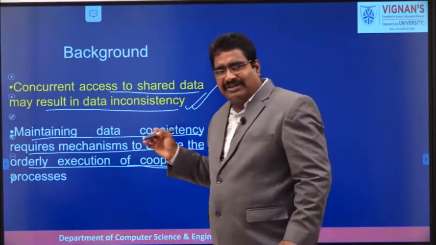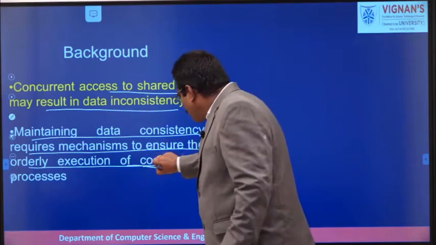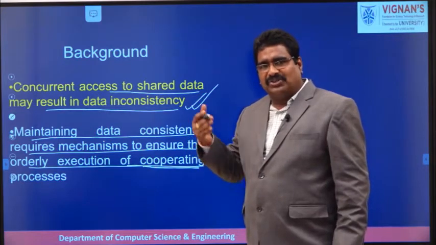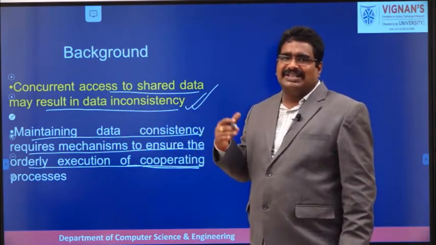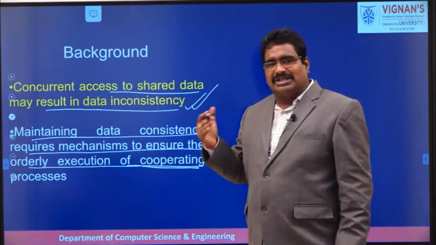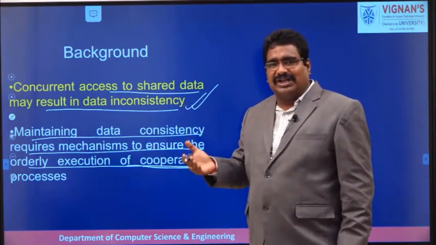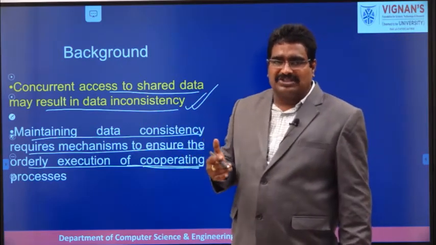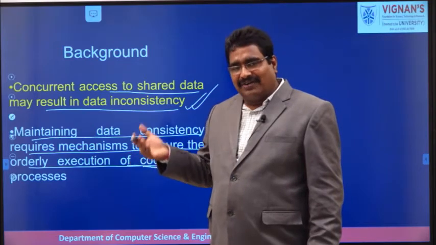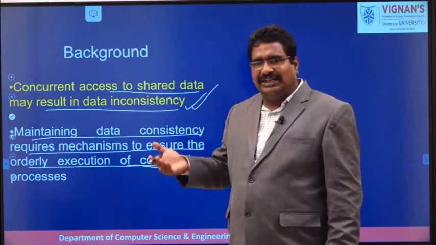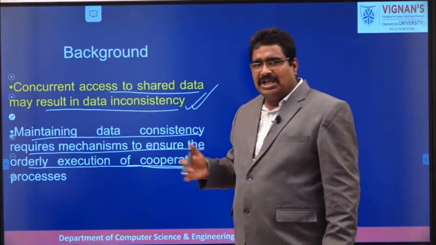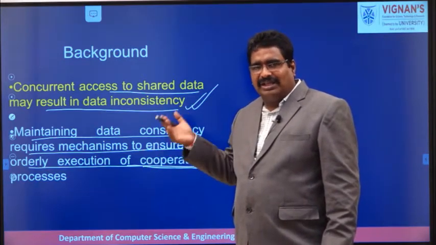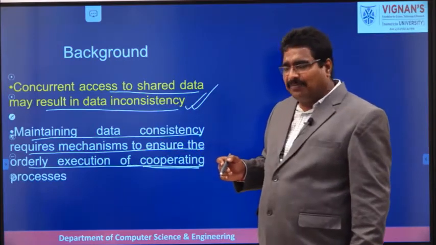So we already understood what a process is, but we need to understand the cooperating process. What is the meaning of a cooperating process? At the time of execution, they are able to exchange information, or they are able to decide which one is executed first and which one is executed later. Those types of processes are called cooperating processes. And another type is the independent process. What is the meaning of an independent process? It doesn't depend on anything. It performs on its own. It does not depend on any data, so those processes are called independent processes.